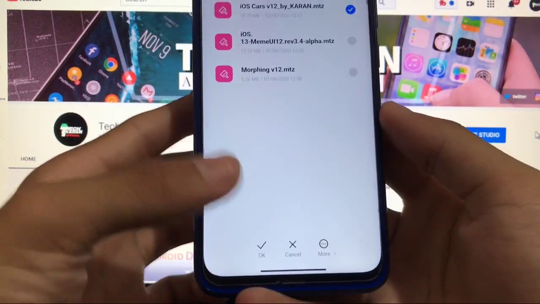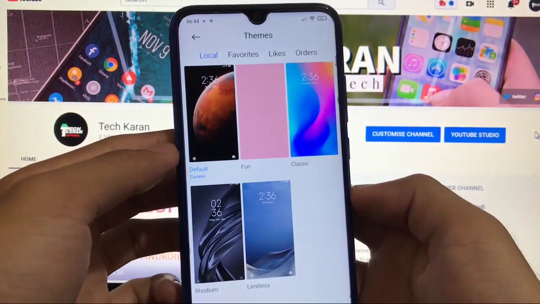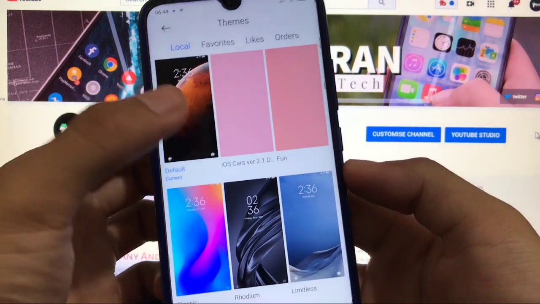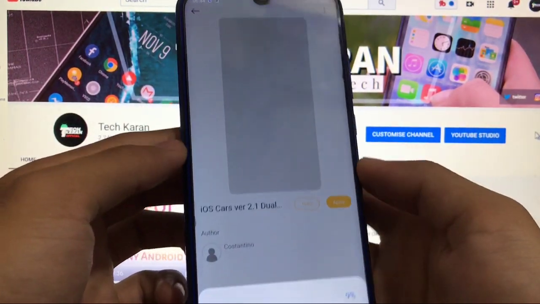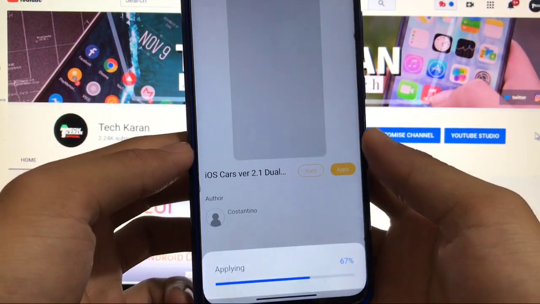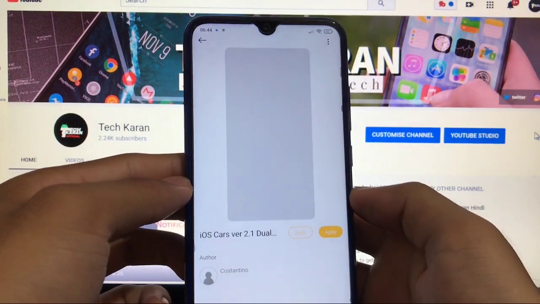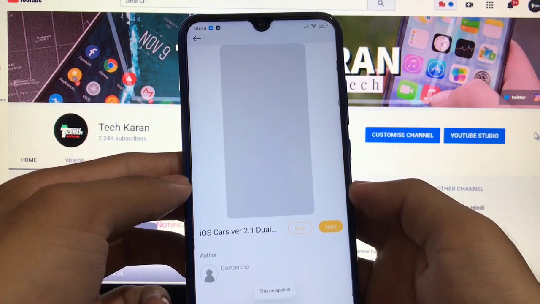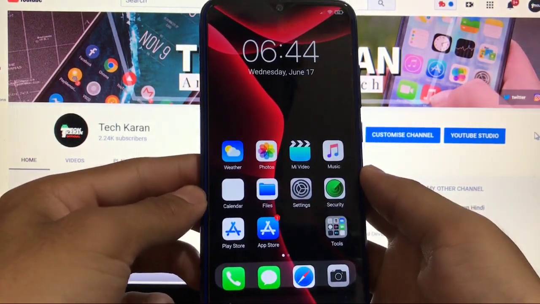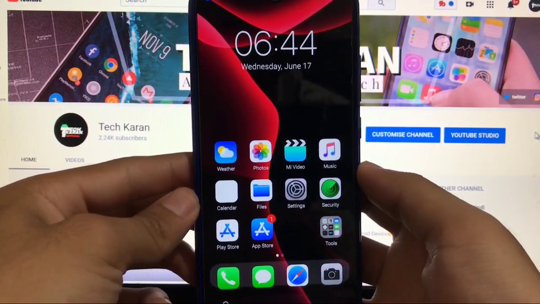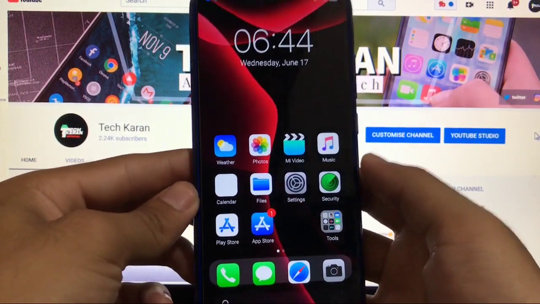Also click on OK, and you're good to go. It will start importing, and here it is, it's done. Click on this, click on apply, and you're good to go. You'll not see any errors after applying the theme. So yes, here it is, the iOS theme is properly applied and looking perfect.